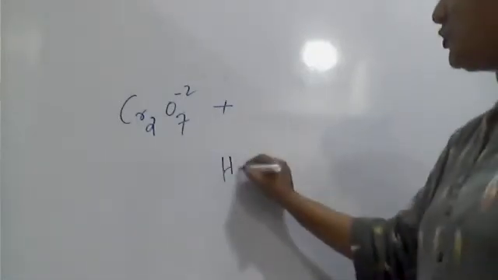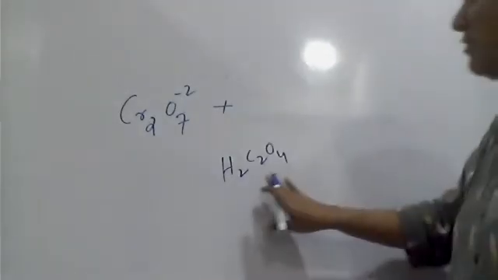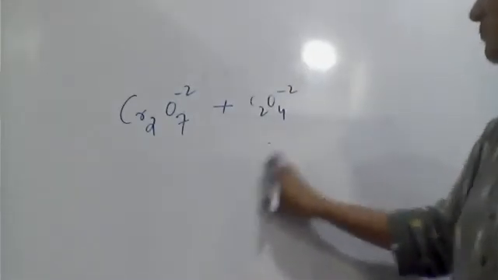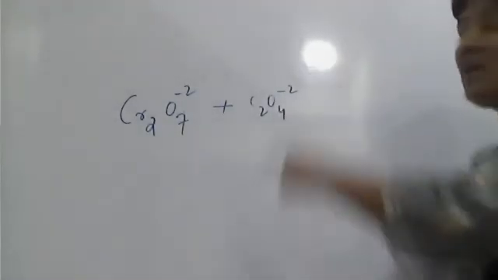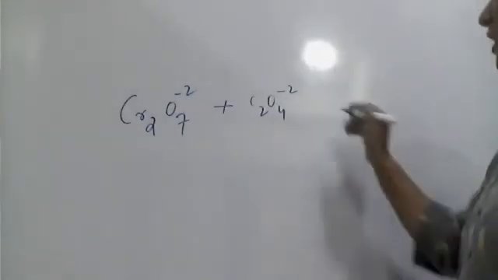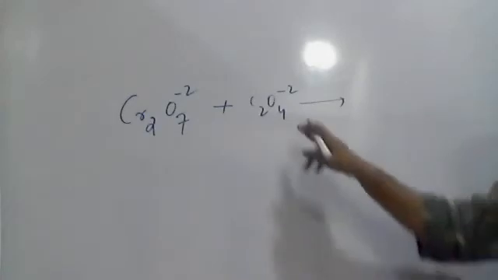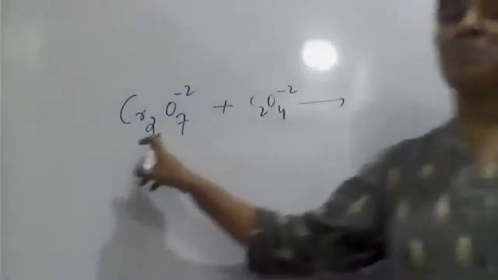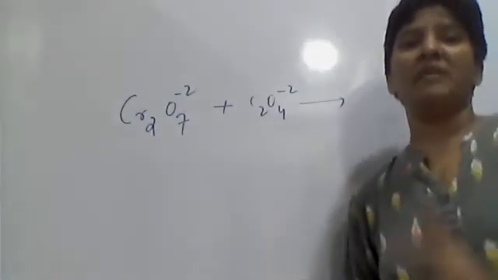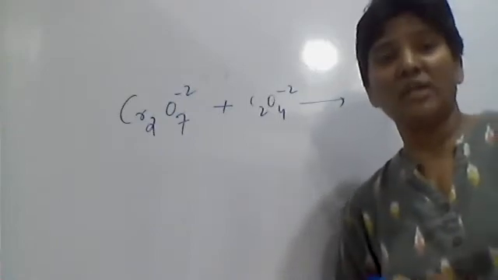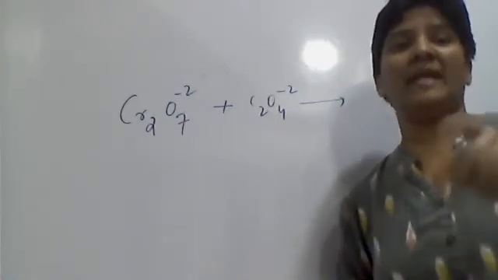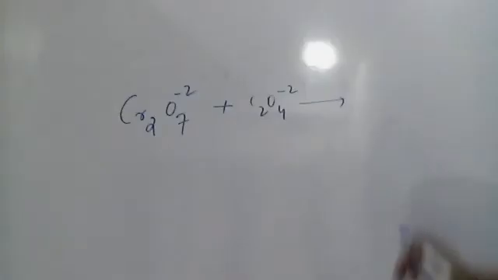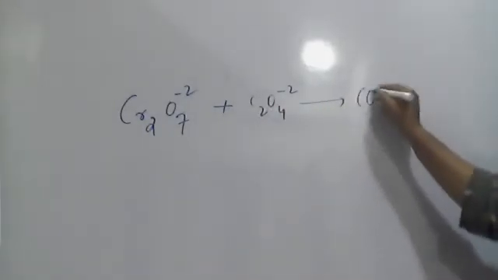Oxalic acid is H2C2O4. When you remove these two hydrogens, the ion formed is C2O4 minus 2. It is called the anion of oxalic acid, oxalate ion, C2O4 minus 2. And this oxalic acid will be oxidized to carbon dioxide in the presence of potassium dichromate in acidic medium, where potassium dichromate oxidizing reactions are seen in acidic medium. It is the second most oxidizing agent after KMnO4.